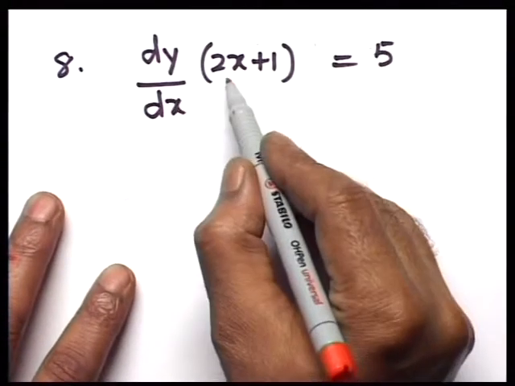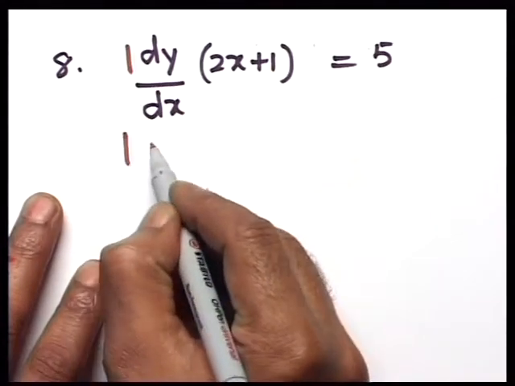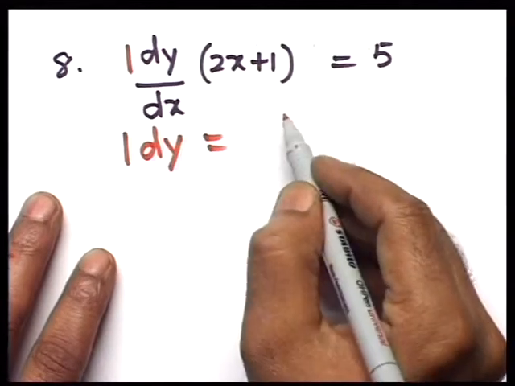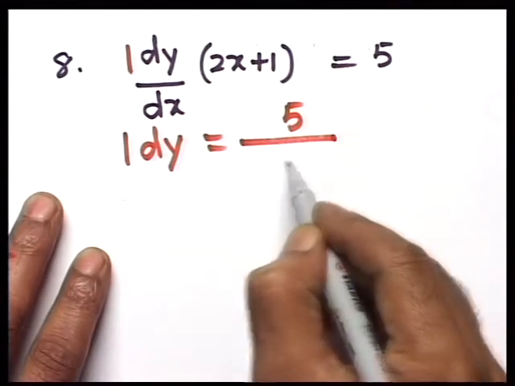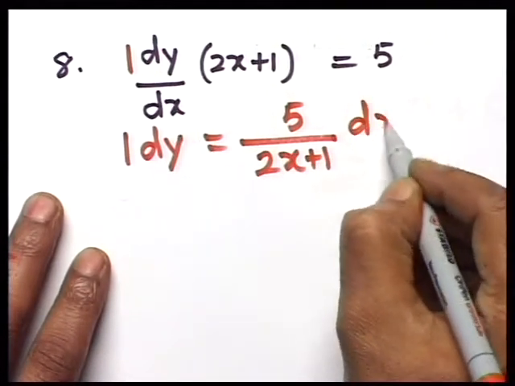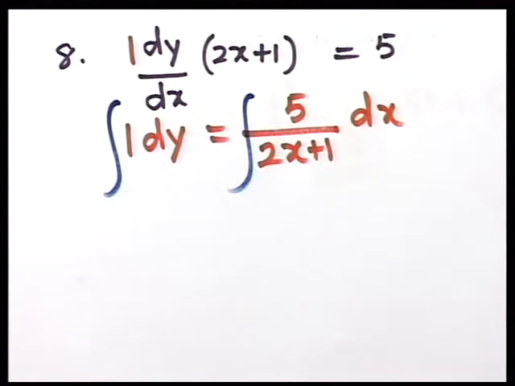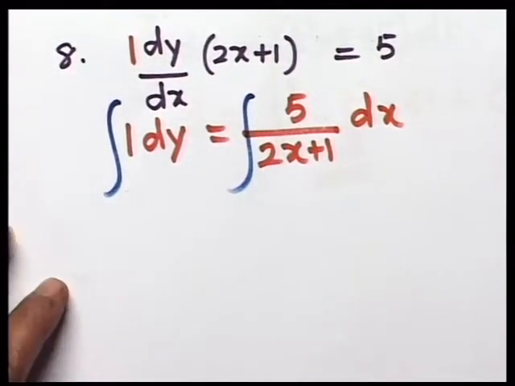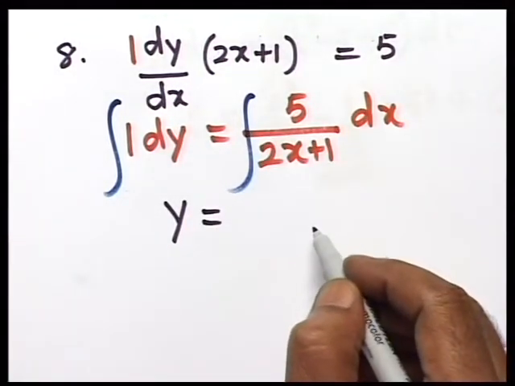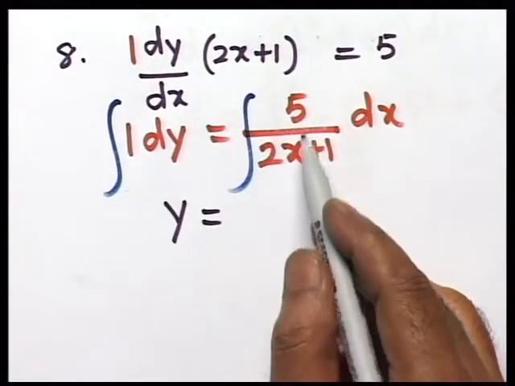dy over dx times 2x plus 1 equals 5. So that's a 1 we know, so it's 1 dy equals, let's transfer the 2x plus 1 to the right hand side. So it should be 5 divided by 2x plus 1. That's right, isn't it? And then we have a dx there. So we integrate on both sides now with respect to y and x. Then we have the answer there as y equals,